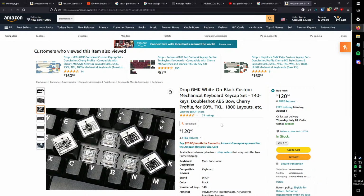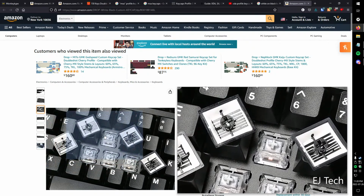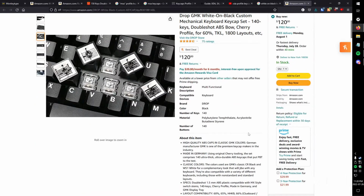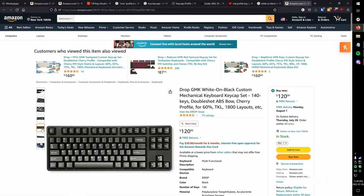120 US dollars for genuinely good keycaps. They're nice, thick. I think these are PBT or ABS. Double-shot ABS, yeah. But it just can't swallow the price. I can't justify it at $120. And it's not even perfect because the problem is these are just the usual